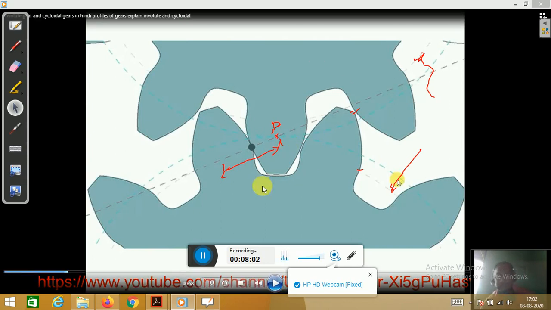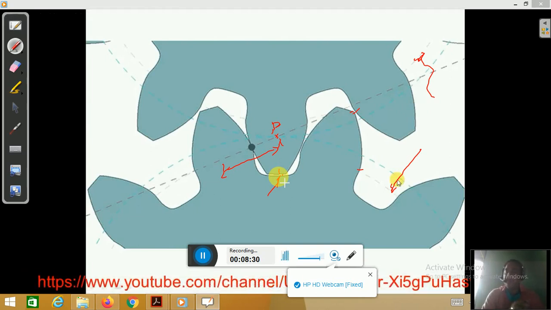You can also observe that there is always a gap between the top part of the upper gear and the bottom part of the lower gear. There is a small gap between them. That small gap is called clearance. That is also very important. We have to always provide the clearance between the gears. Why? Just to avoid jamming and digging out the material.